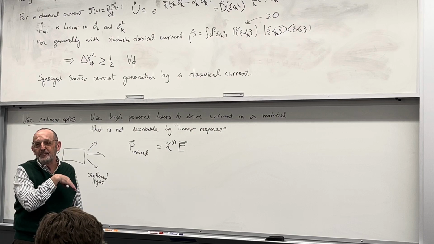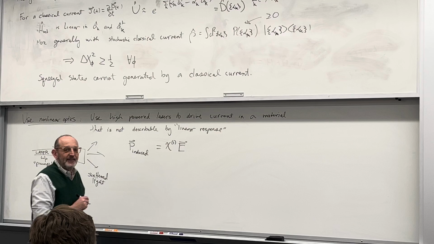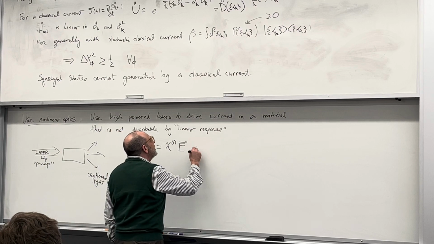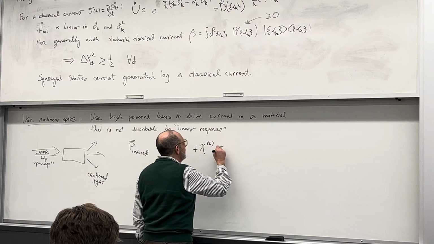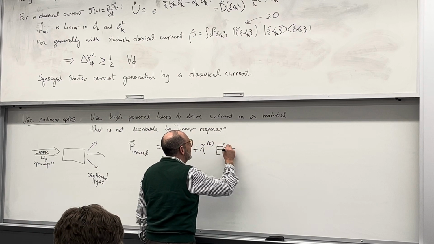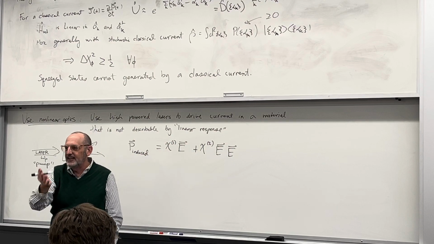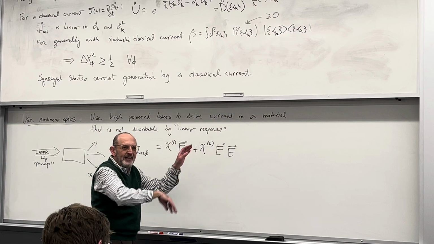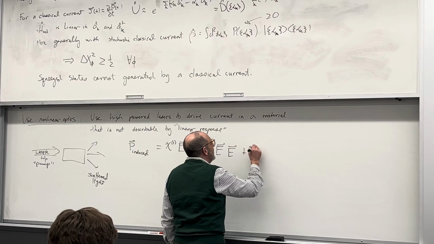And there's no epsilon naught here. These have the same units. But then there's maybe some second order effect, chi2, and it depends on E and E in some tensor way. It might depend on the polarization. I'm just being loose with my notation when I write two vectors next to one another. And then there'll be a chi3,